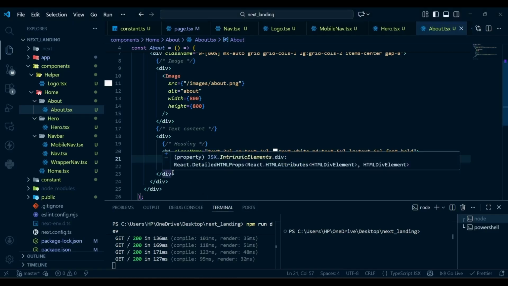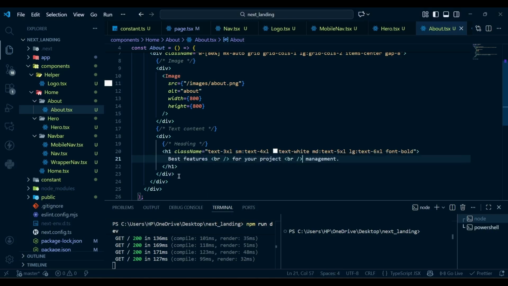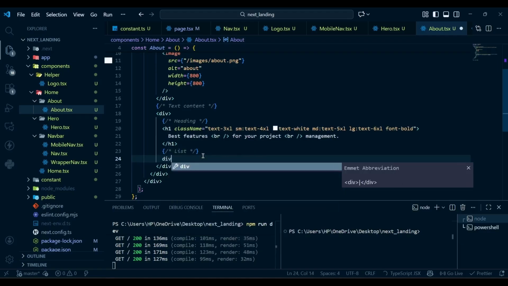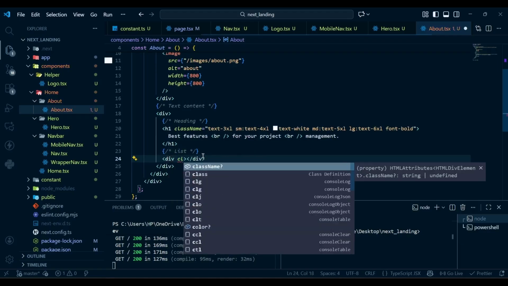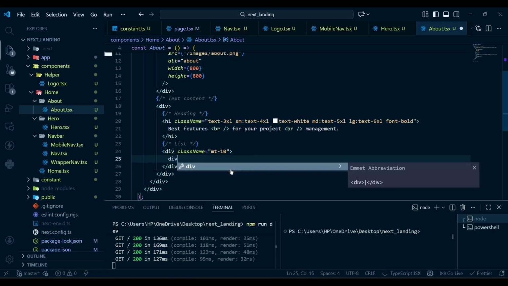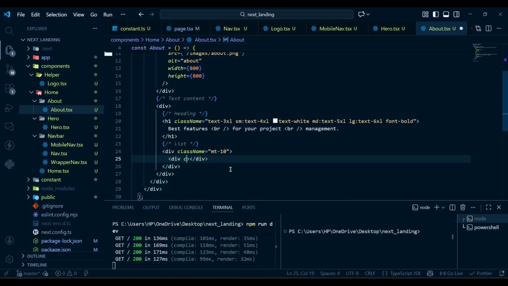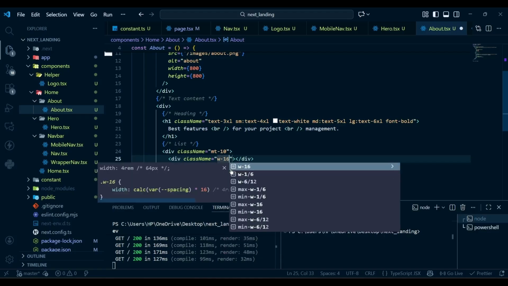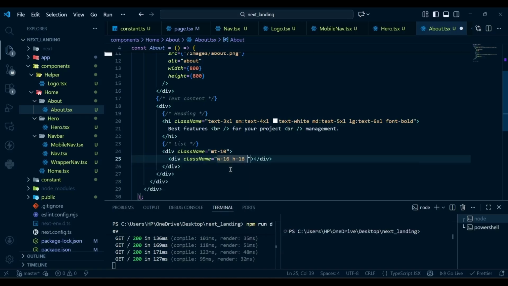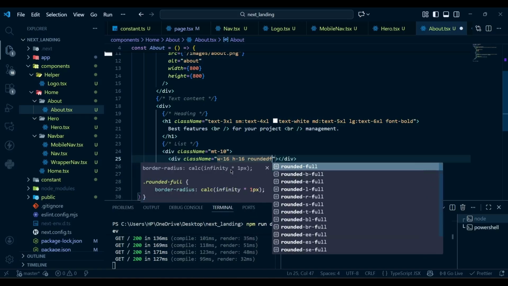So let's go to our project. So after this h1 we have our list. So here we have a div with class name of margin top of 10, and then inside this div we have another div with class name of width 16, height 16, rounded-full,